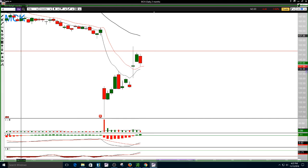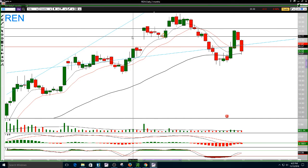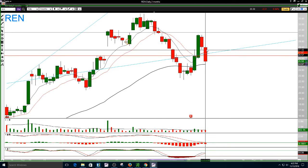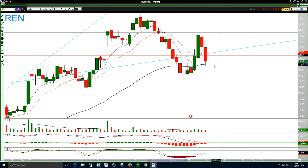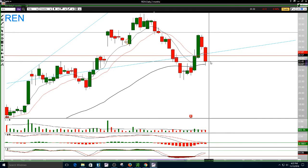Next on the list is Ren. Now this was a big all-time trade-in favorite for the last couple of months. The chart does have a lot of range to it, but I feel like we're finally starting to see some real sellers here. Obviously we're looking at some weakness in the energy sector, in the crude oil sector right there, so you are going to see something like Ren come down. But I'm feeling like the chart wants to break, and so I'm going to play this one where the chart closed at